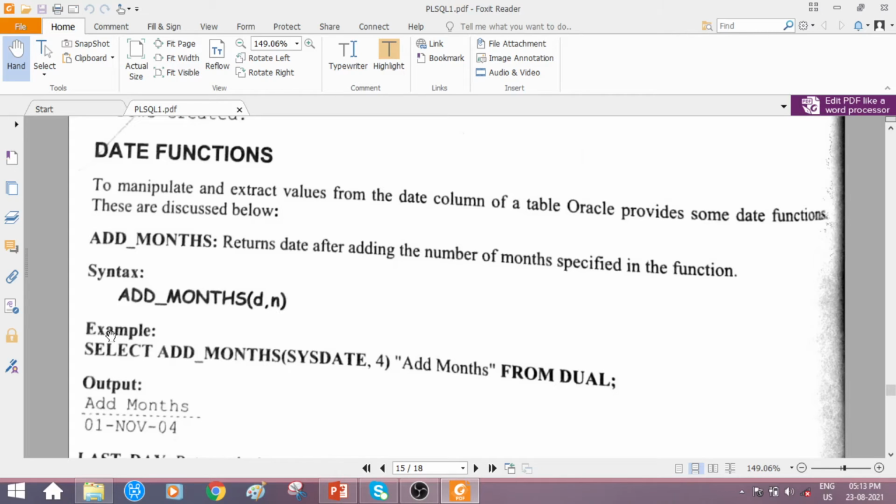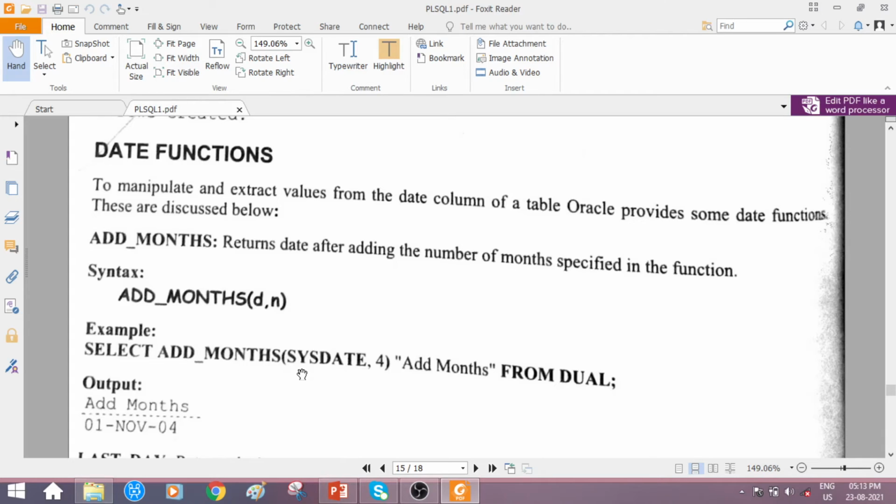Okay, so observe the example. With the help of a select operation, SELECT, the function ADD_MONTHS, open parenthesis, first we pass the date value, given with the help of SYSDATE, that is, when the user executes the query, the current date of his system is considered the system date.